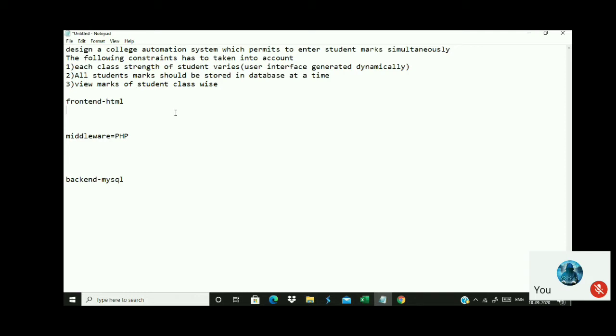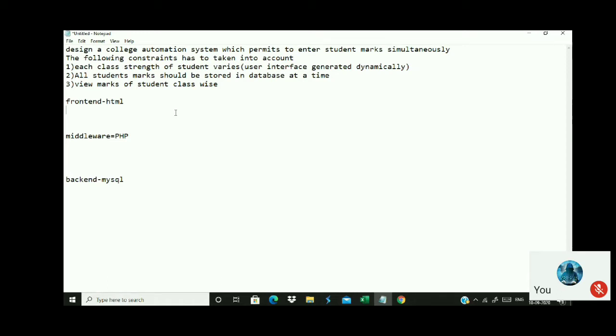For example, if I want to have two text boxes, I have to code it in HTML, isn't it? If I want to change it to three, then once again I have to recode it. I have to erase the previous content and recode it, or modify that. So that is not possible as far as HTML is concerned. If you are writing with HTML, you can have only static content inside.